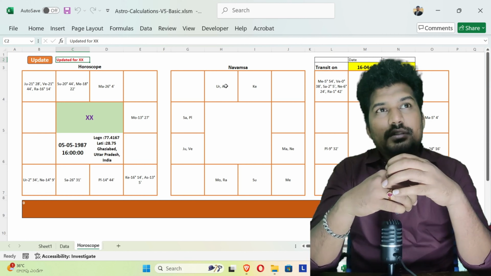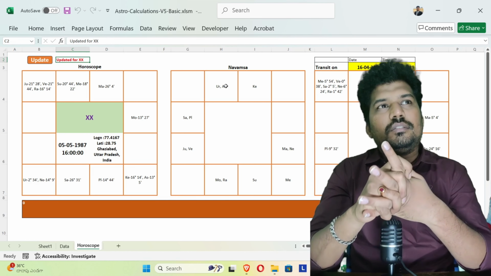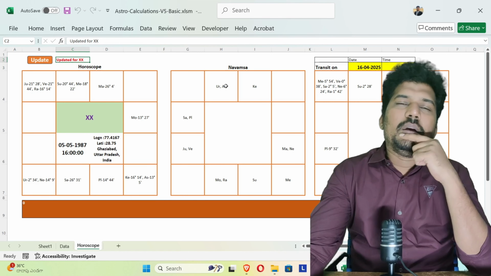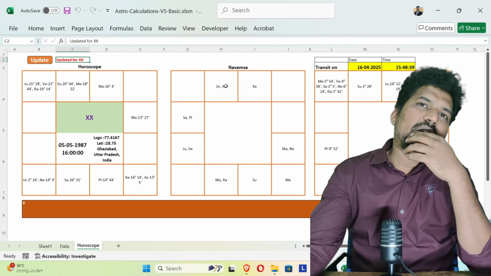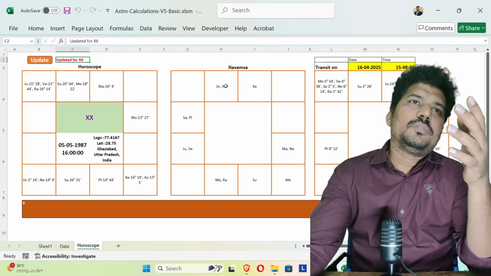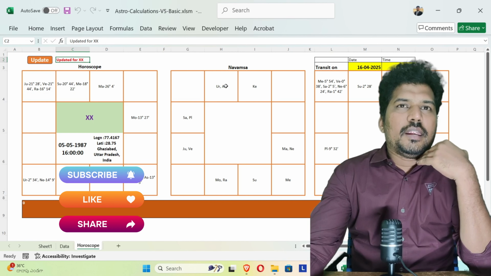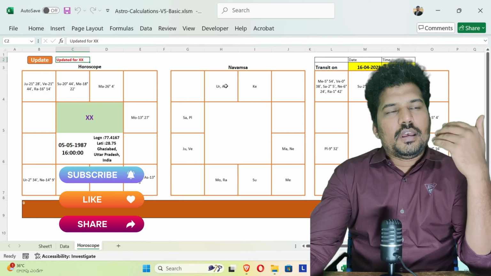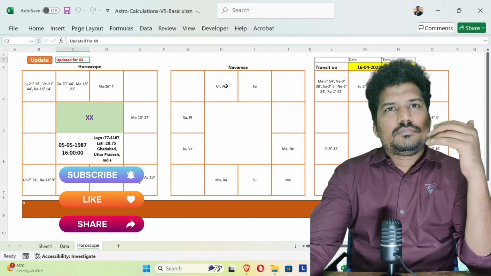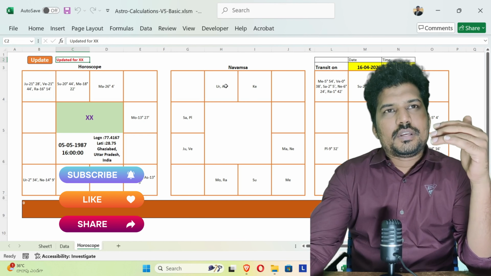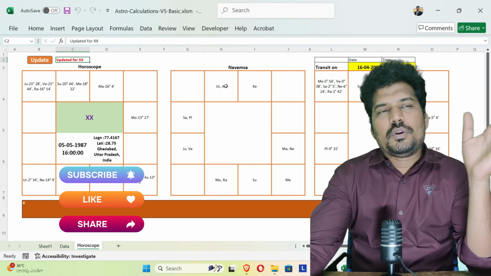Man, this Excel you need to buy. I know there are alternatives like LibreOffice and all, but with the kind of speed I want to do things, it will be hard if I start working on all those things in LibreOffice or OpenOffice.